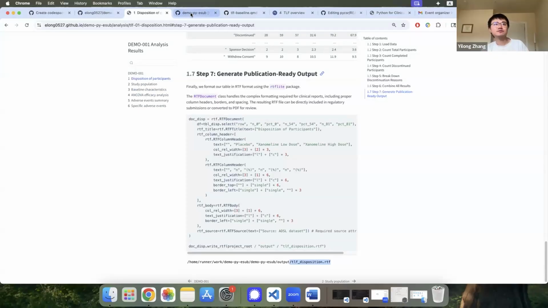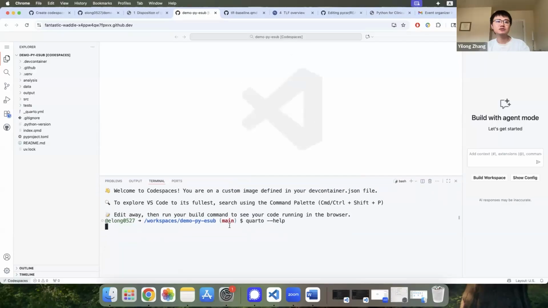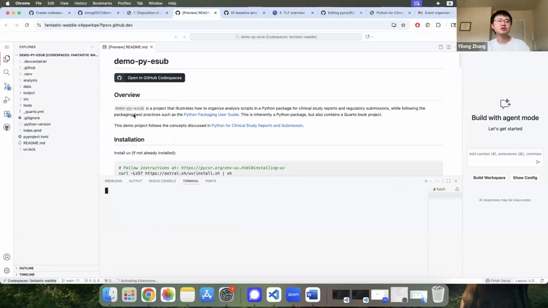Right? So that's okay. We're good. Now we have this project enabled. And what I just want to quickly show you is, let's see if we have Quarto already. It can take a while. Or I guess I haven't enabled the UV environment. You need to do some uv sync.